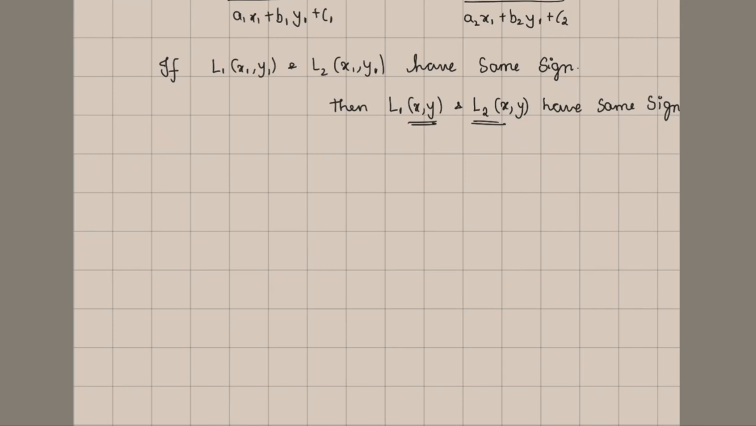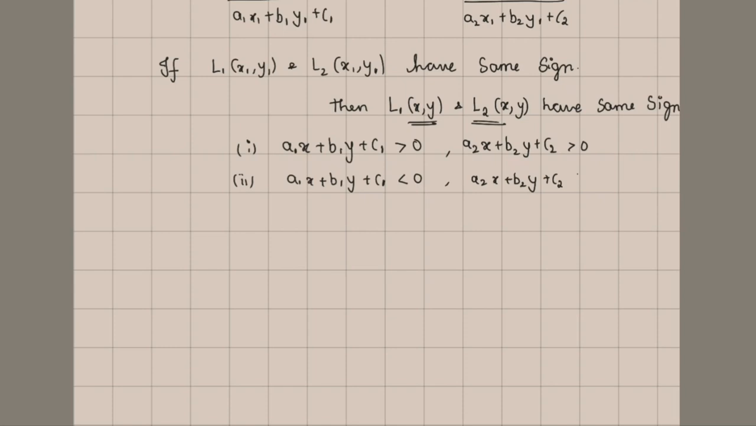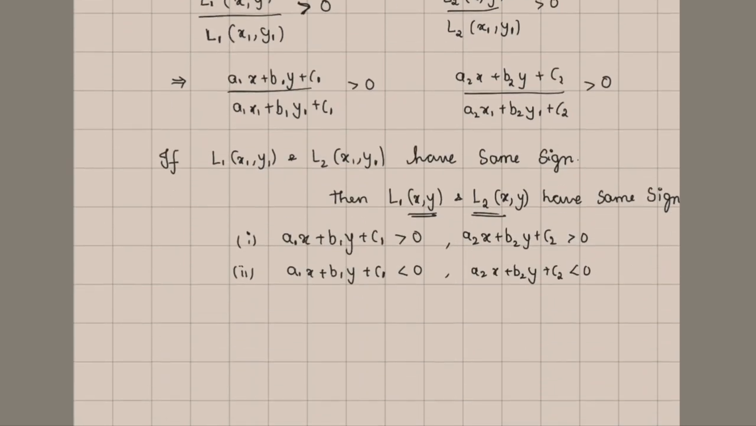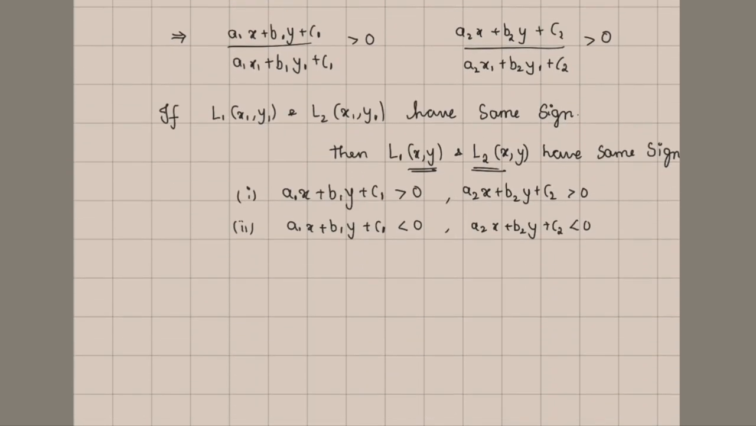So then a1x plus b1y plus c1, if it is greater than 0, then a2x plus b2y plus c2 is also greater than 0, because these two should have the same sign. Similarly, if a1x plus b1y plus c1 is less than 0, then a2x plus b2y plus c2 is also less than 0. Similarly, if